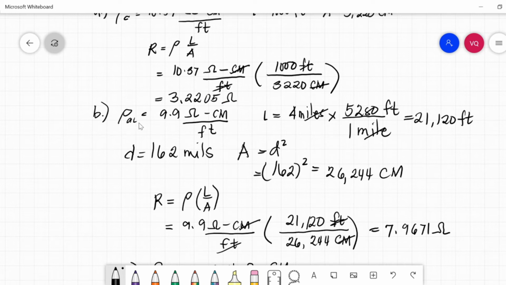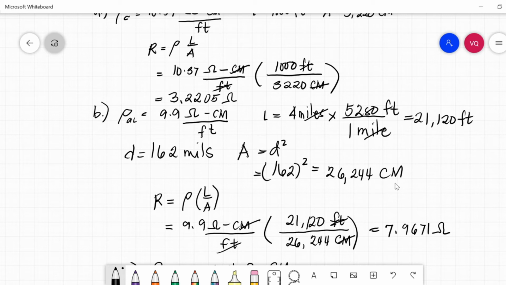Letter B. For aluminum, the resistivity is 9.9 ohm circular mil per foot. The length of the wire is 4 miles. So we need feet, so we will convert miles to feet. 1 mile is 5,280 feet, and the length of the conductor now will be 21,120 feet. For the area of the conductor, since our diameter is expressed in mils, getting the area of the conductor, that is d squared, equal to 162 squared, that is